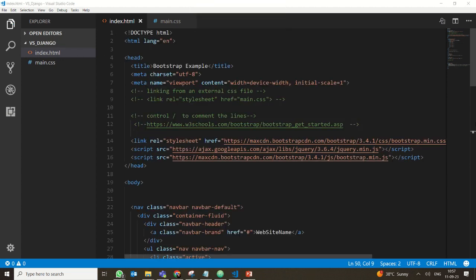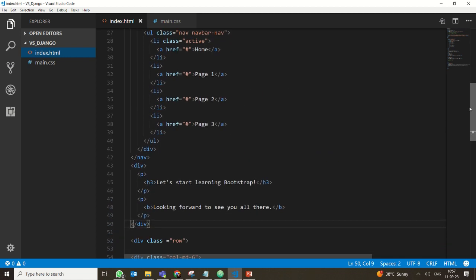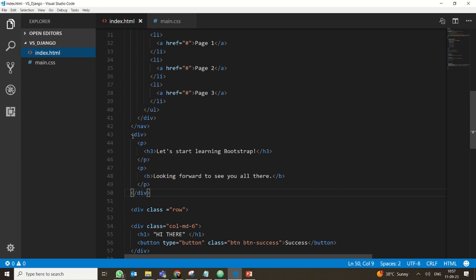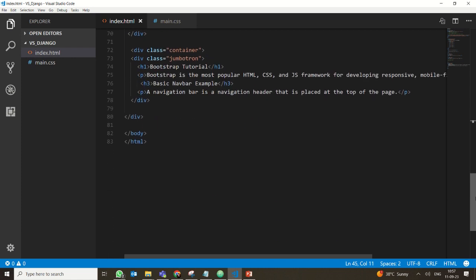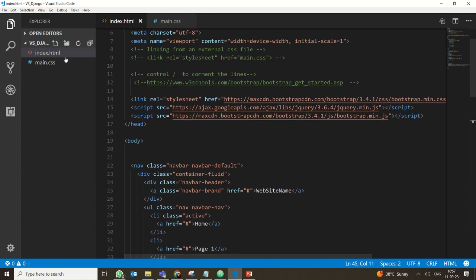Now when you look at this, you could see this is the navbar code which I have kept, and I have also given another div with a paragraph stating, let's start learning Bootstrap, kind of thing. I have just replaced it here and there so that it is seen there. And now when you run this particular code,